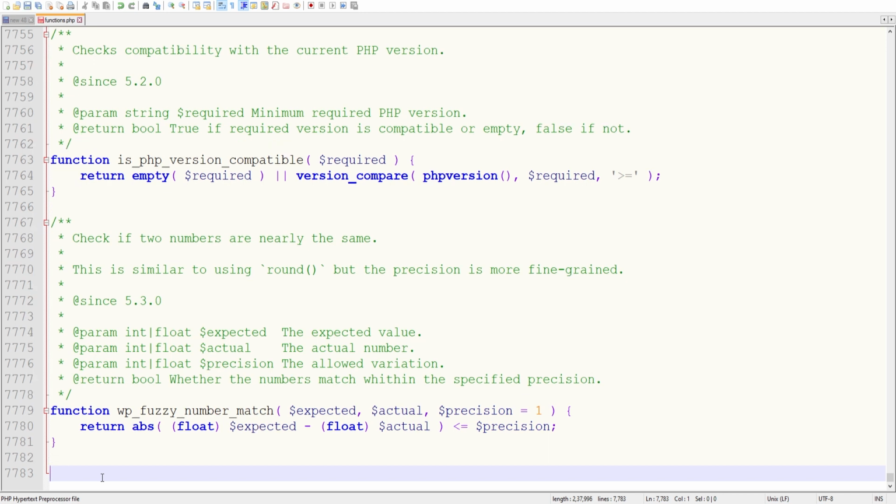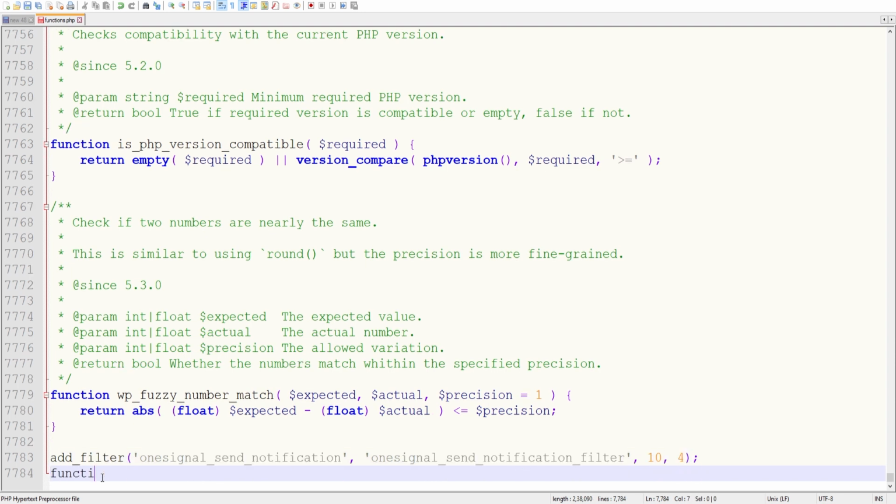So here we have to add the filter: add_filter, and the name is onesignal_send_notification, and here we have onesignal_send_notification_filter, comma 10, comma 4.